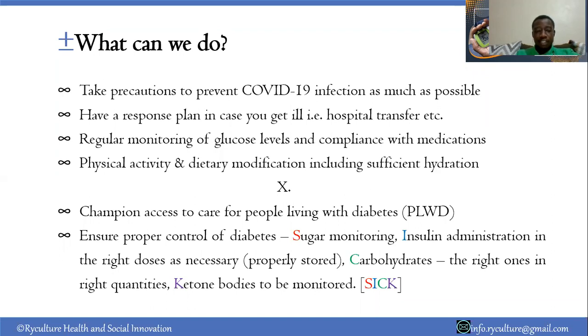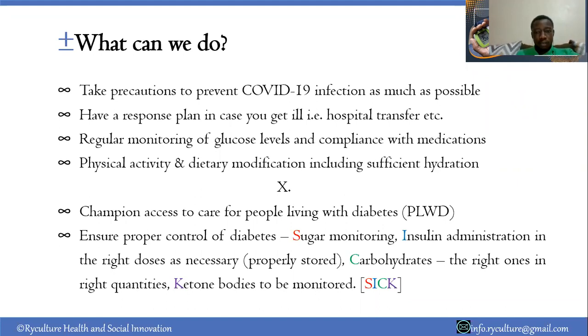Then in terms of dietary modification, I mentioned it earlier, we have to ensure that this is done. If the individual, you're staying with them, you're guiding them, ensure they modify their diet based on the normal pyramid for diabetic diet, the diabetic plate. We have to ensure they eat fruits. The carbohydrates that they take should be low glycemic index. That is, we avoid the white bread, go for the brown bread, so that they have sufficient sugar levels over a long period of time, instead of giving them a particular meal that will give them a high sugar level at that point, which can lead to sugar rush. And because they are already diabetic, it affects their control of diabetes at that time.